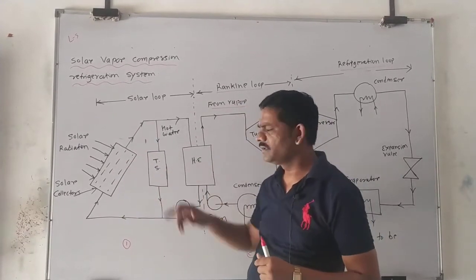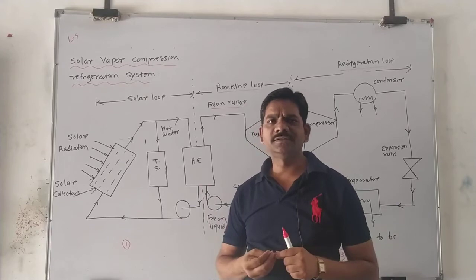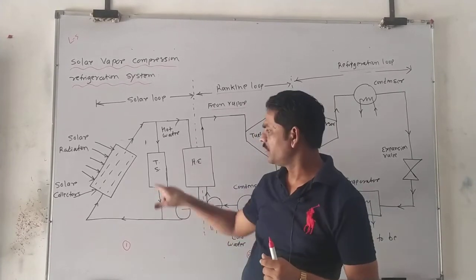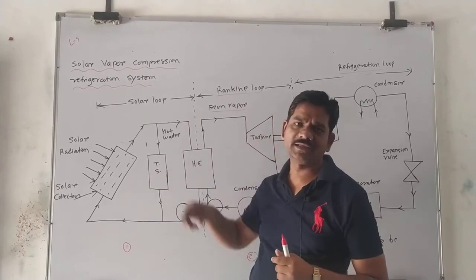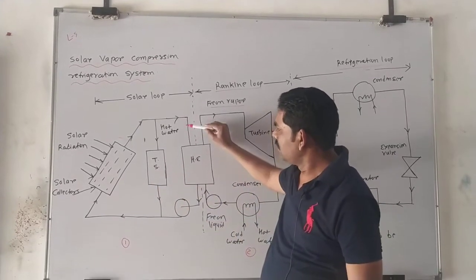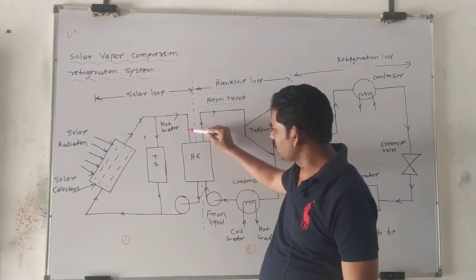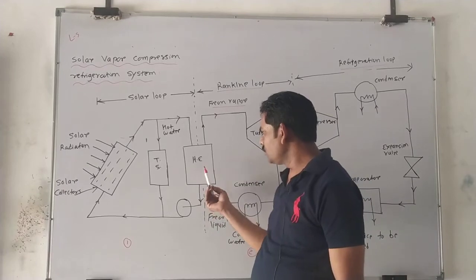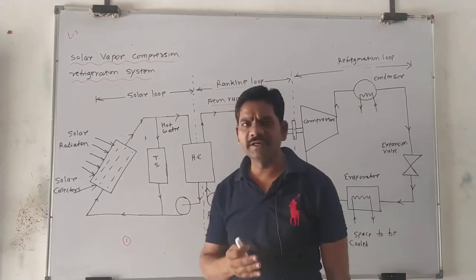Okay, so this is the one where supports will be used: storage of heat, that is called the thermal storage. We have to store the heat in this tank, that is called the thermal storage tank. Okay, TS. Now after that, this hot water is supplied where? Inside the heat exchanger, boys. Okay, so inside the heat exchanger, what is there?